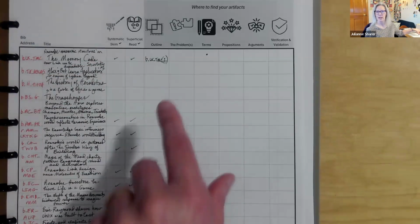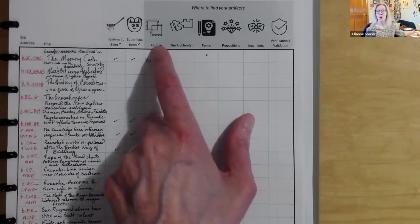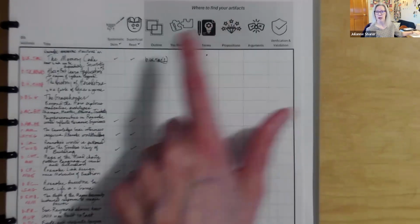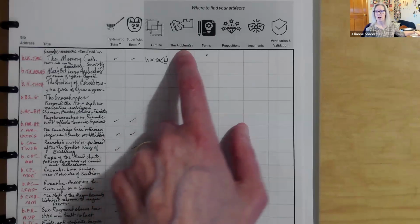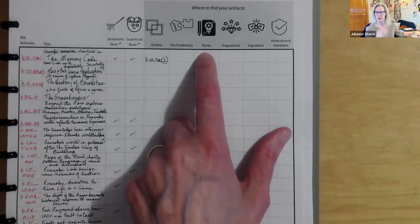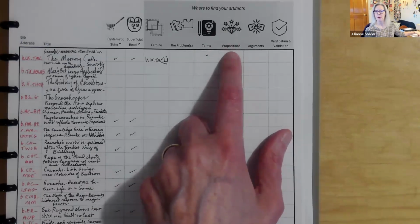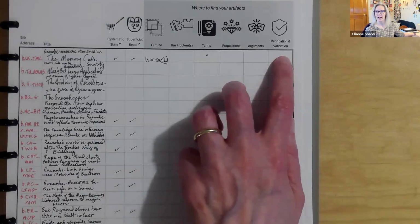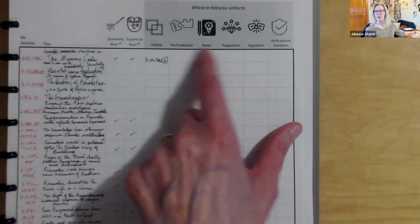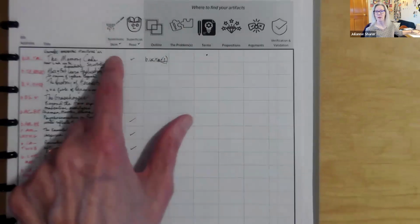I believe myself. But once I get into really deciding I'm going to go further with the book, then I follow his process of creating an outline, stating what the problems are, coming to terms with the vocabulary in the book, what propositions the book presents, the arguments for them, and how I have verified and validated them. Now, that's as deep as you would want to go with something, and I won't necessarily go that deep with everything, but this is helping me figure out